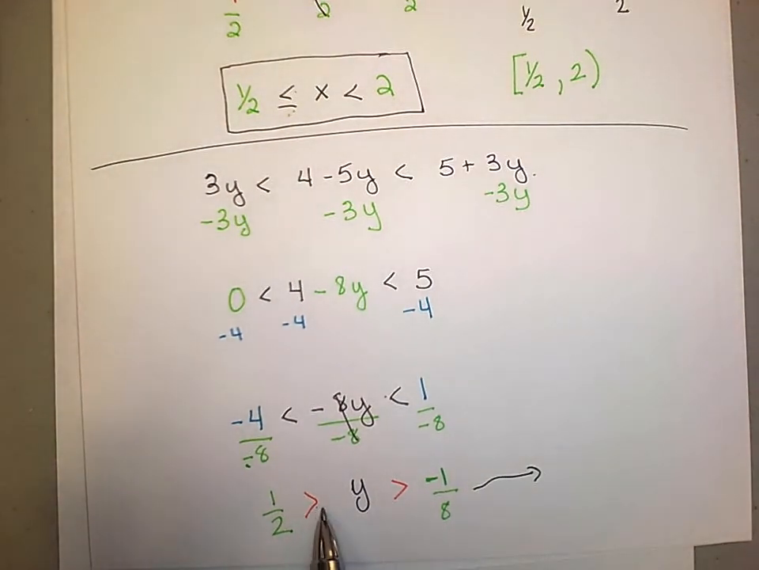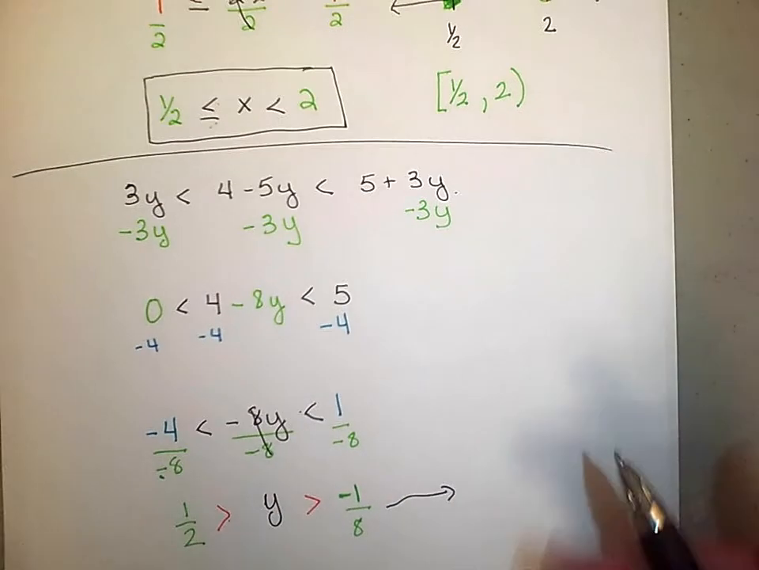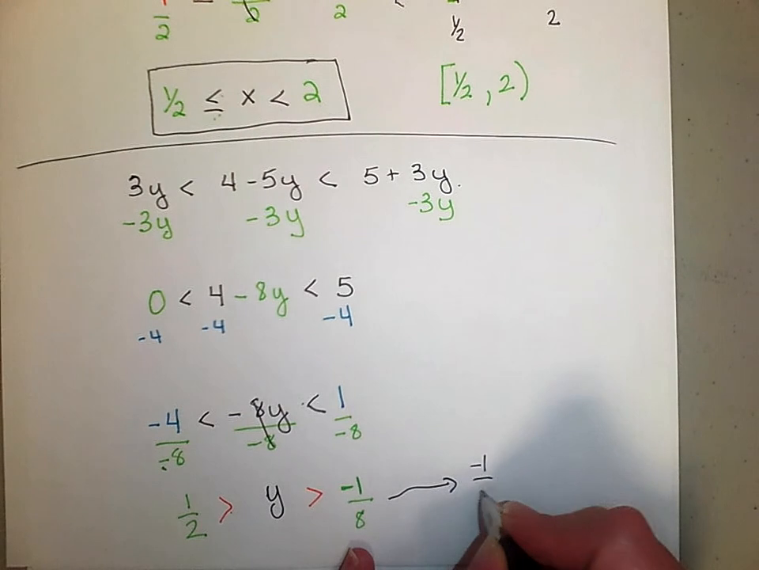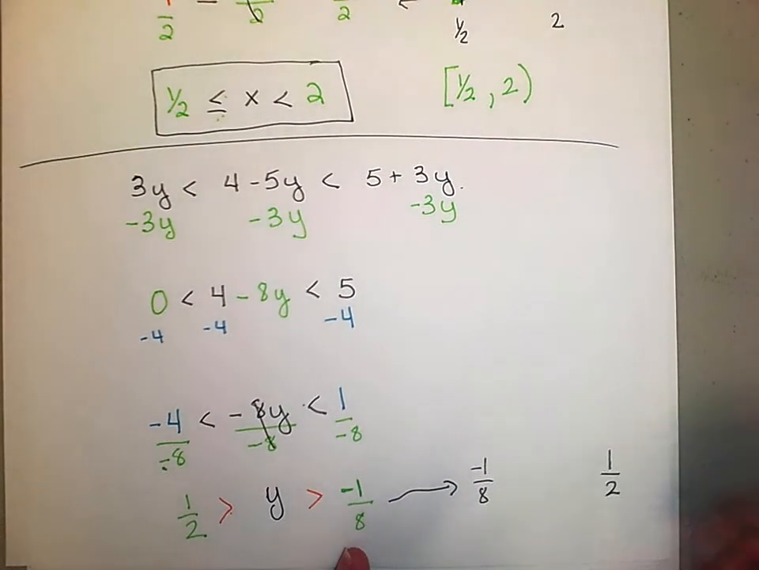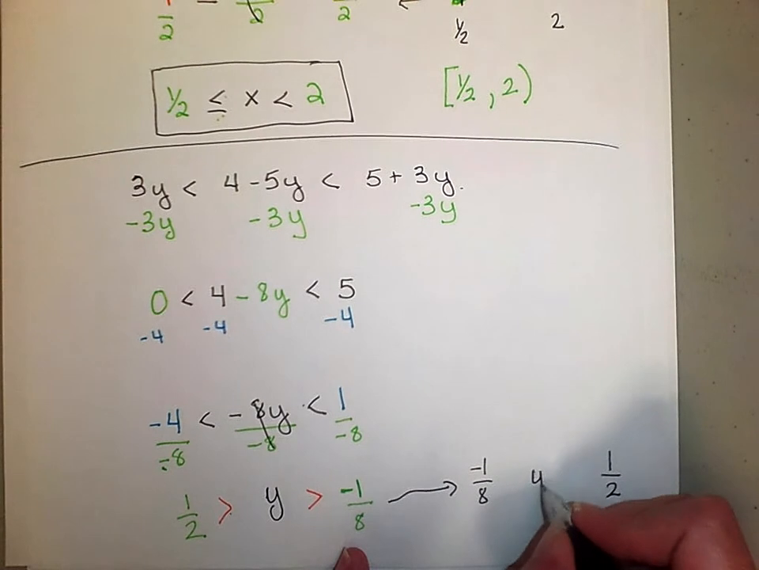I don't like writing it this way. Notice that it doesn't follow how the number line goes. I would really like to have it as it goes on the number line. Negative 1/8 is less than 1/2. Okay. So now,